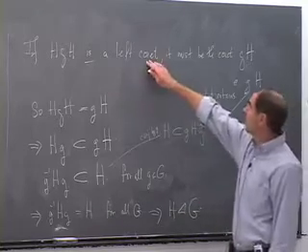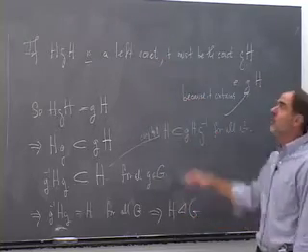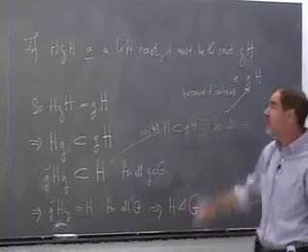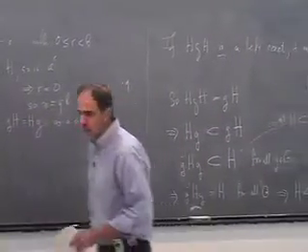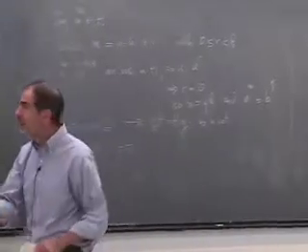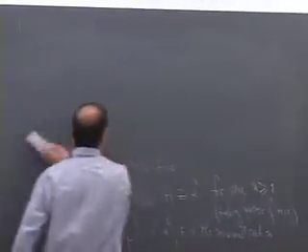So if this were a left coset for all G, then we've just proved that H is normal. So if it isn't normal, there has to be some G for which this isn't a left coset. Okay? The third problem most people got, it wasn't that hard. It's really a definition of what it means to be equal in a quotient group. So the third problem,